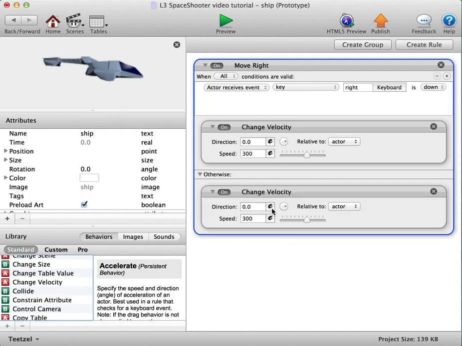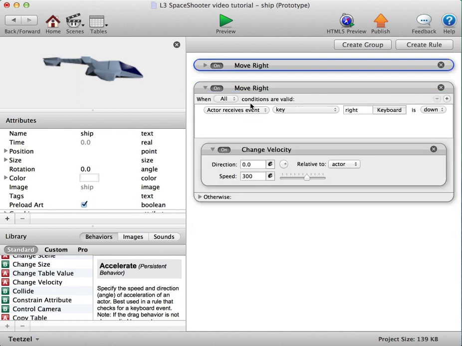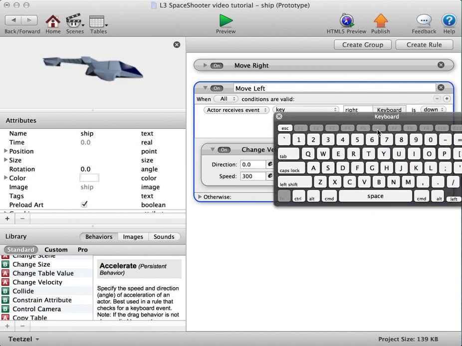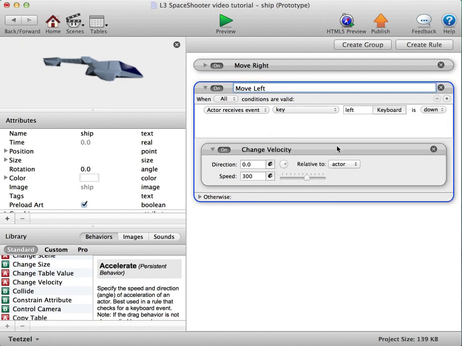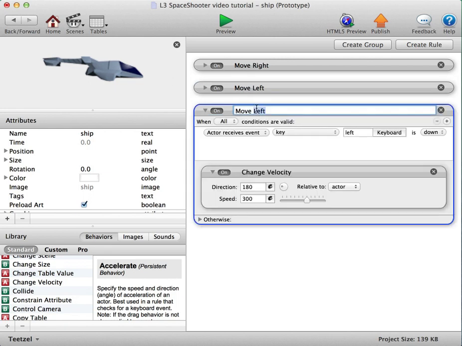So we're going to change the velocity, add it, 0 right here, and then let's hold Alt and copy that and move left. We want to change the right key to left, and then we want to change the direction to 180. Okay, and then click on that, minimize that, copy that, up,